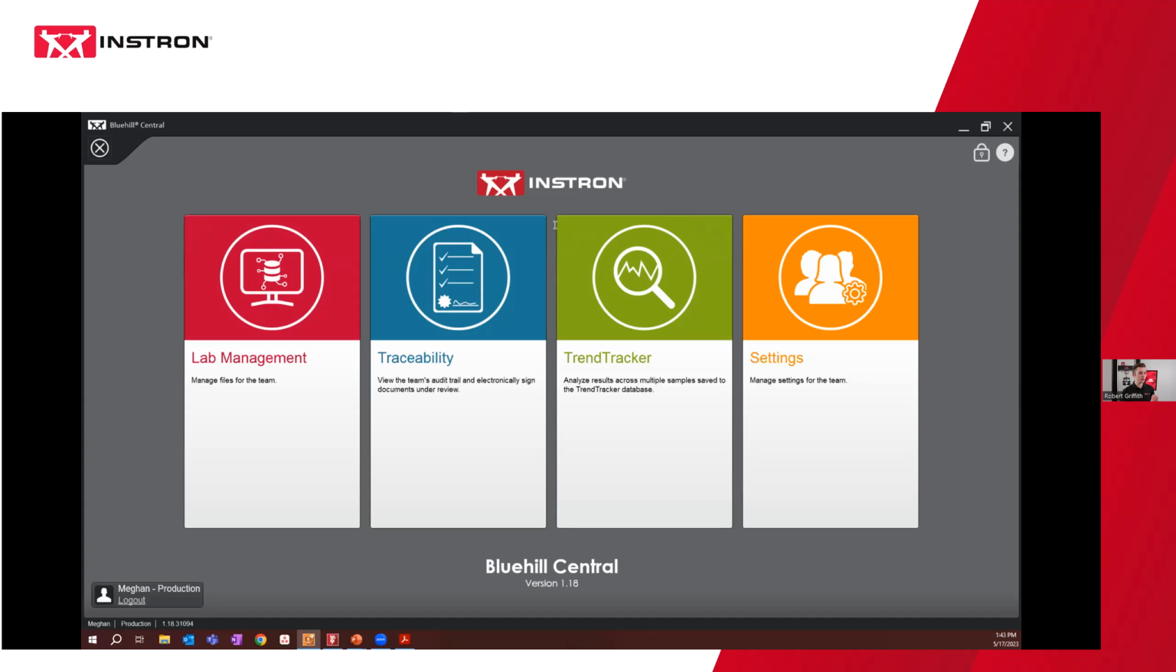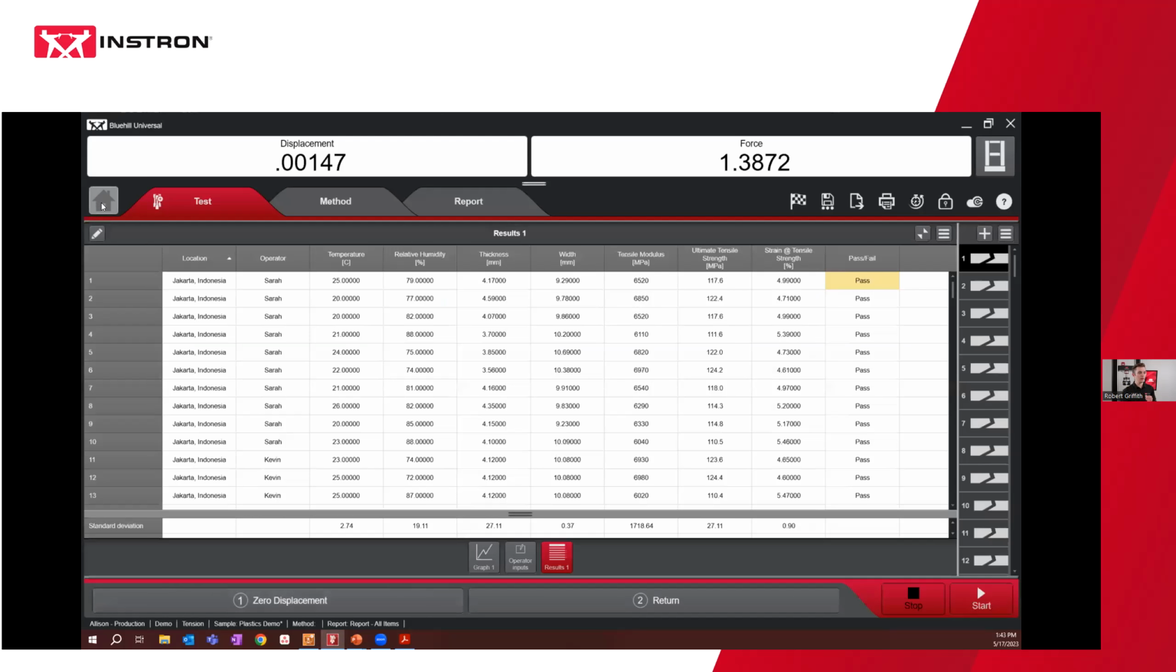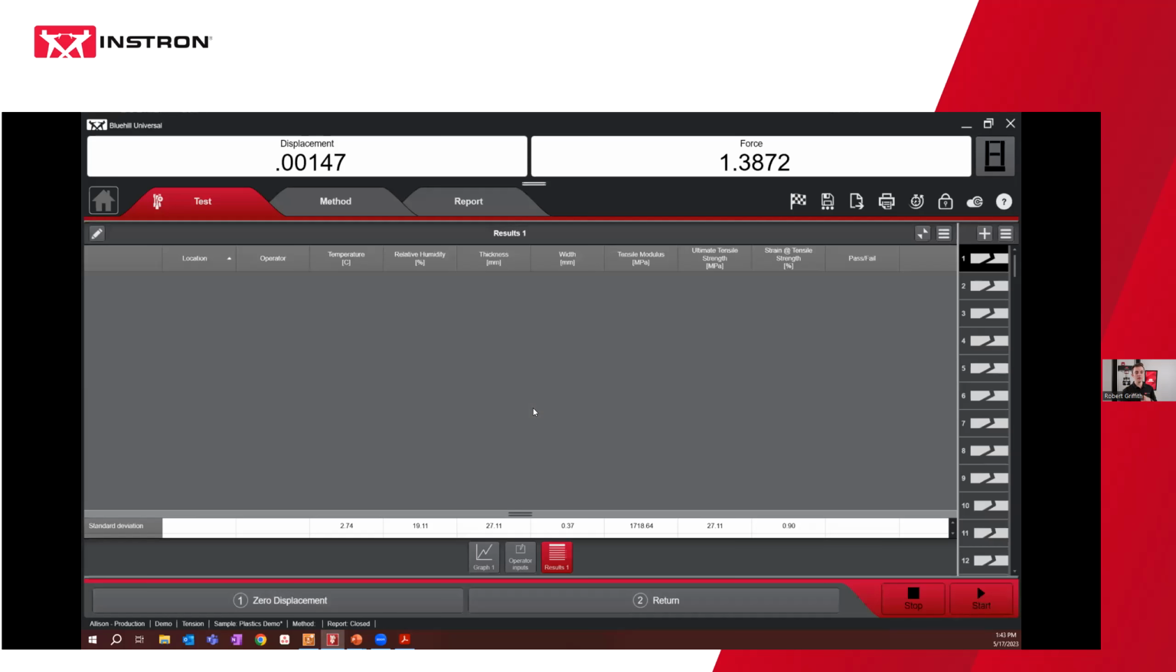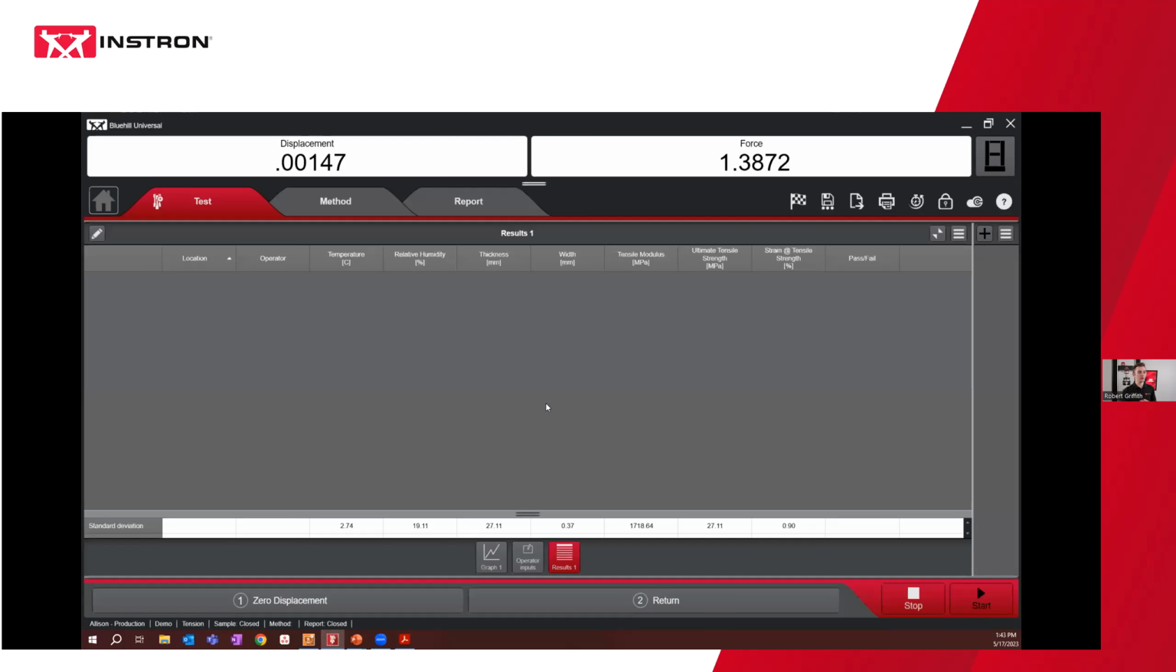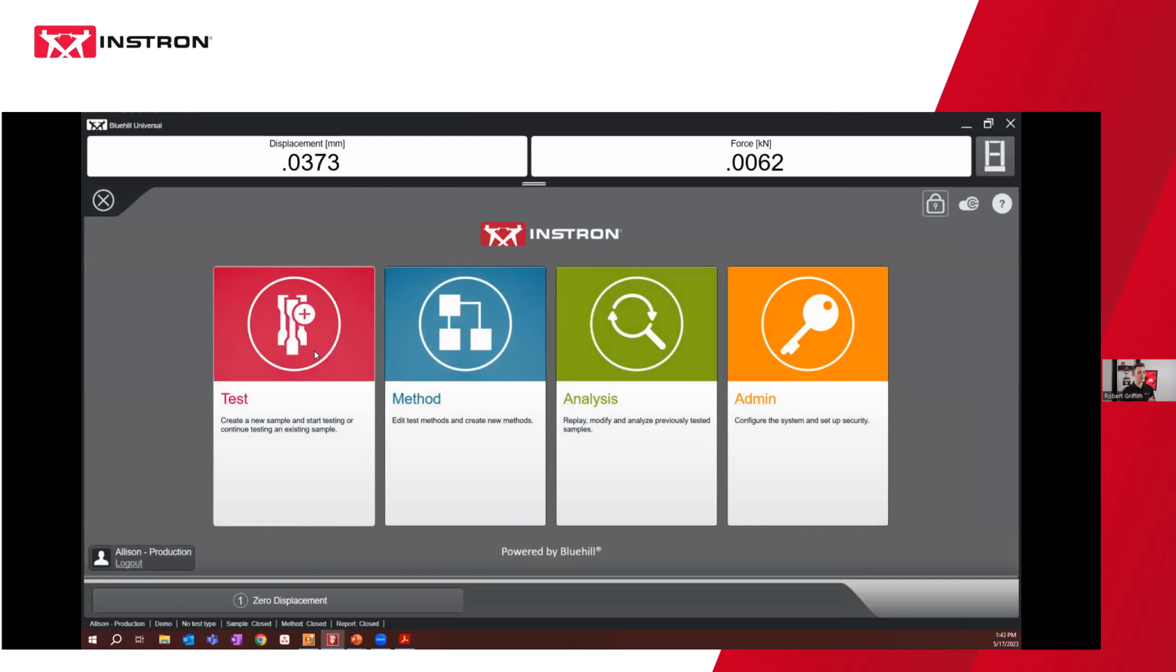I got 2 questions here. The first one is, how do you make the report display which team generated the data? Great question. So if you want to see who has generated test data, that's going to be a modification to the report template itself. So within Bluehill Universal,